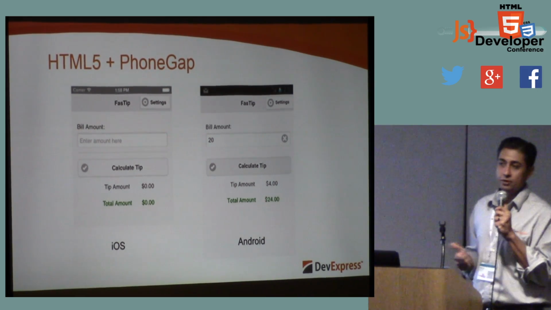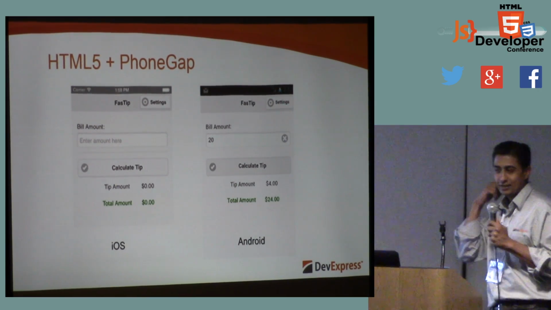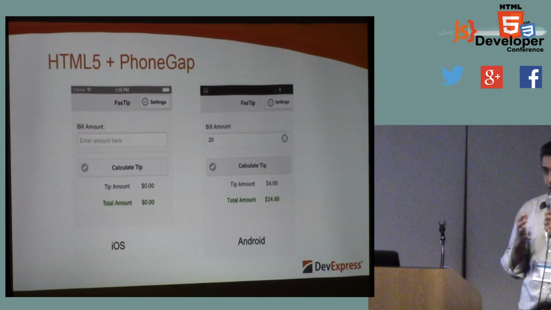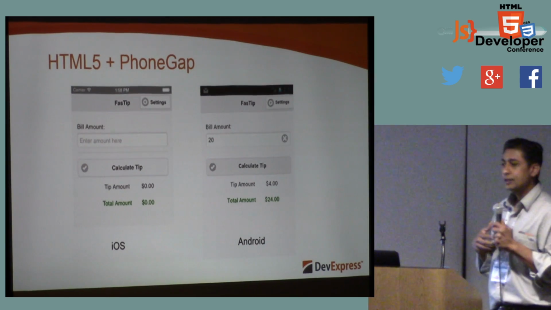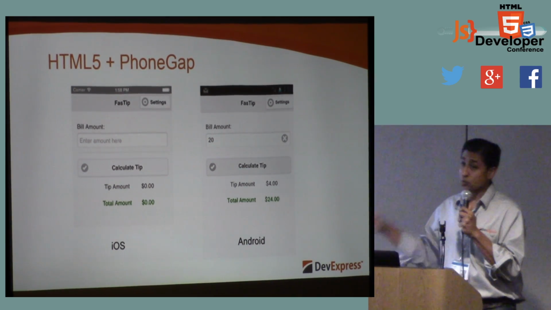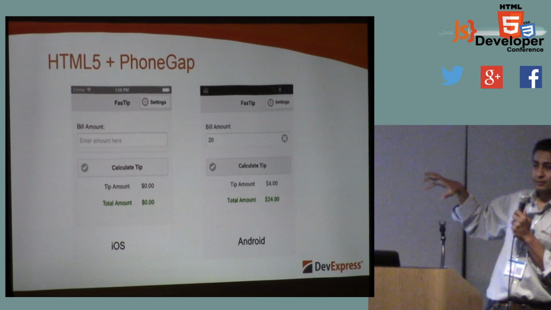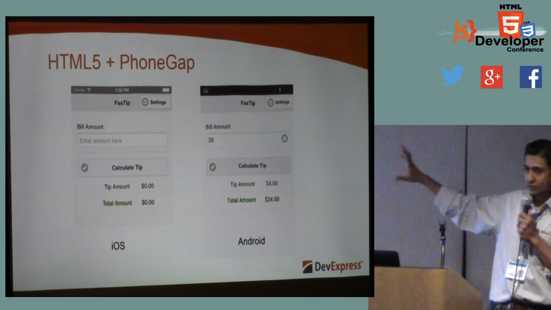Now, if you're not familiar, PhoneGap is a library, Cordova, PhoneGap, the naming is confusing, but essentially it lets you access the resources of the native device. So if you need access to the GPS, if you need access to the camera, et cetera, PhoneGap is the way to go, right? It's kind of like the jQuery of the native world, right? jQuery solved a problem, PhoneGap has solved a problem. You wouldn't try to rewrite that. That's the way to go.